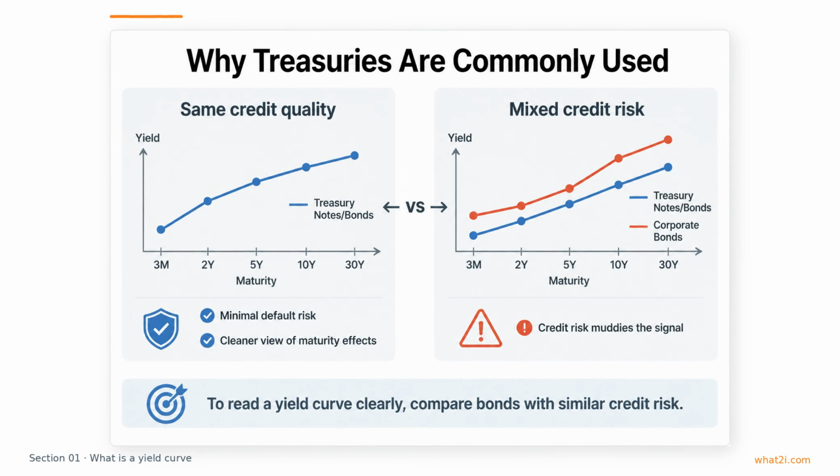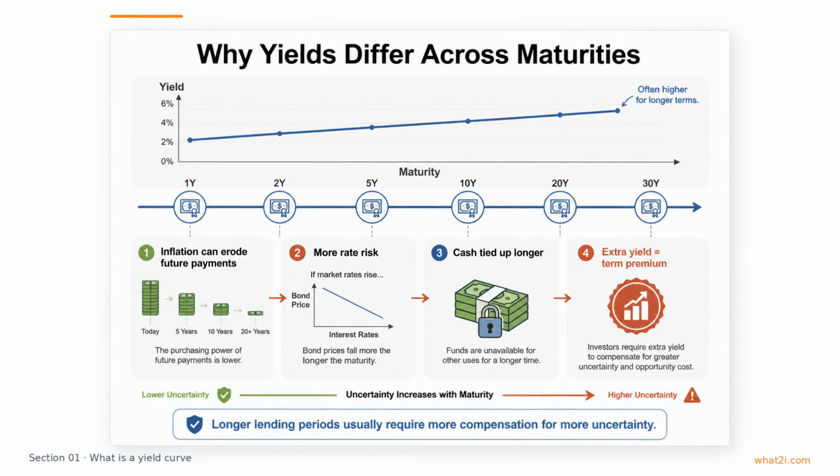Investors can focus more directly on questions like inflation expectations, future policy rates, and compensation for locking money up longer. If you mixed treasury bonds with risky corporate bonds, the signal would become muddy very quickly. So when people talk about the yield curve, they usually start with a same credit quality comparison for exactly that reason. Even when the borrower is the same, yields usually differ across maturities, because longer lending horizons come with more